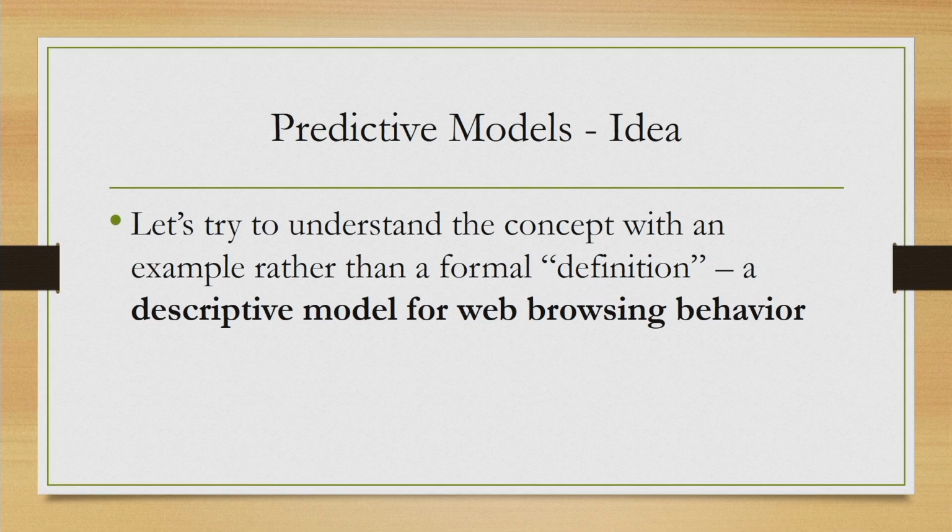We also discussed briefly the idea of descriptive models. So, if you may recollect, what we have discussed is that there are two types of models, one is descriptive, one is predictive. In descriptive models, the models essentially describe the behavior, but it has no predictive power, and in the predictive model we have mathematical equations or some computational framework to compute the state. Now, in this lecture we will briefly introduce the idea of the predictive models. There are many such predictive models. The actual models will be discussed in subsequent lectures in details.